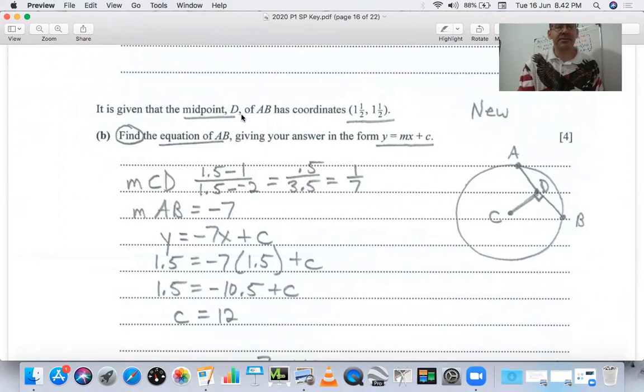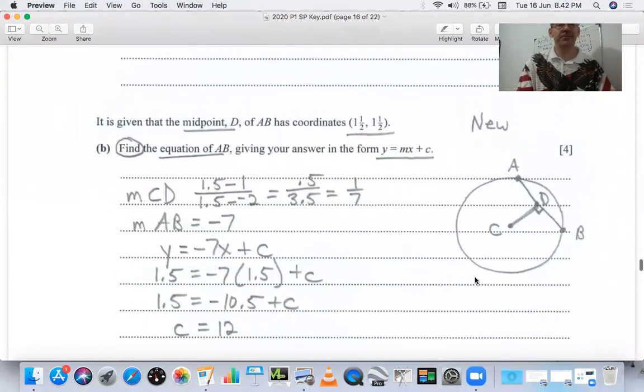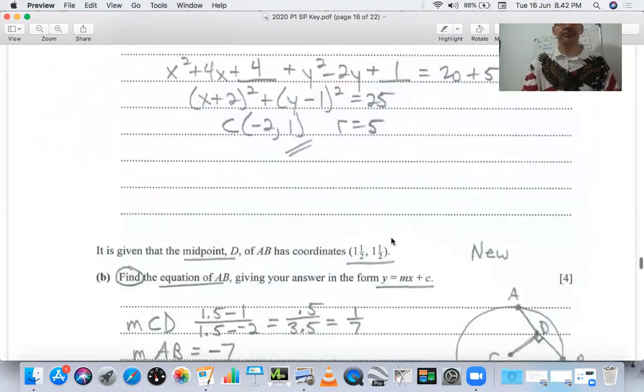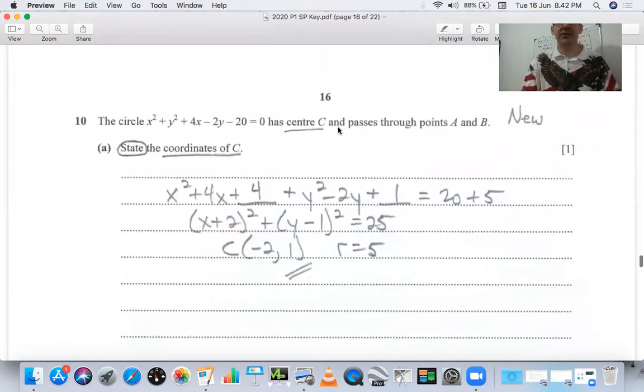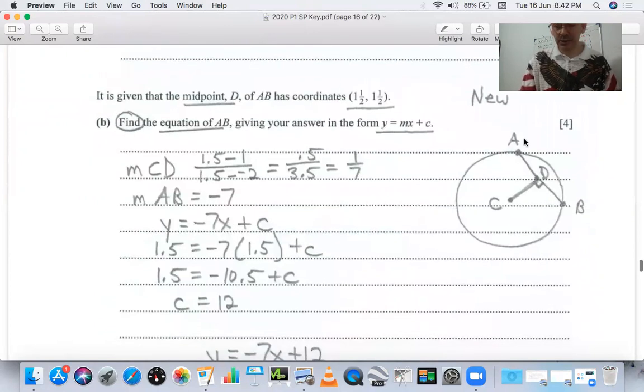It's given that the midpoint of D, so here I drew a diagram. Make sure you draw yourself a diagram if you need a visual aid. So we have a circle, just a circle with a center, and D is the midpoint of this chord, midpoint of AB. And up here it says that our circle passes through AB, meaning AB is on the circle. So I just put A and B wherever I wanted to and draw a chord through the circle with